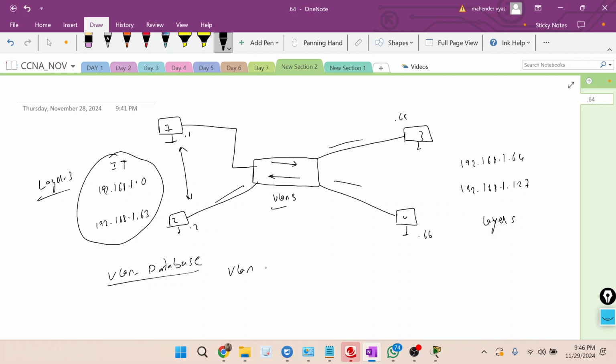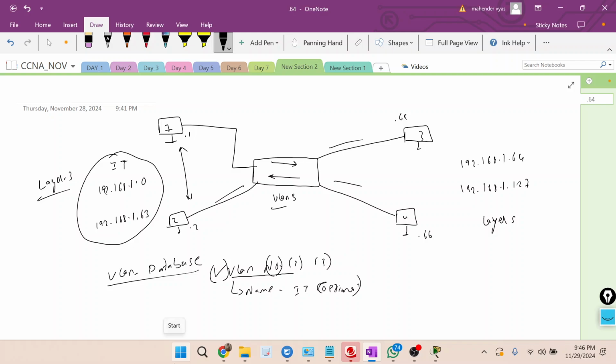VLAN, then the VLAN number, whatever number, 2 or 3. Then you can give a name to that VLAN, IT or sales. This is optional. If you want to give, you give, or else you don't. It's up to you. But to create a VLAN database, you need to give this command, VLAN and the VLAN number.